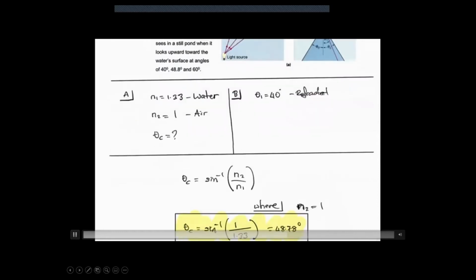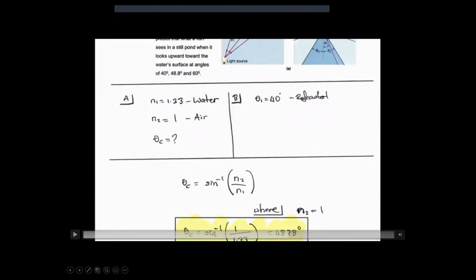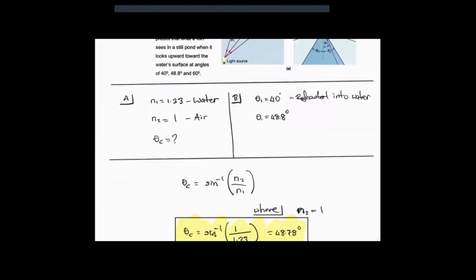So the 40 degrees, it's going to get refracted. No, this one is going to be at 40 degrees. It's a refraction. Okay, so it's at 40 degrees. It's an angle smaller than the critical angle. It gets refracted. All right, so it's able to see what's up in there.